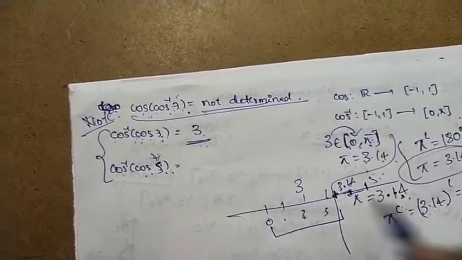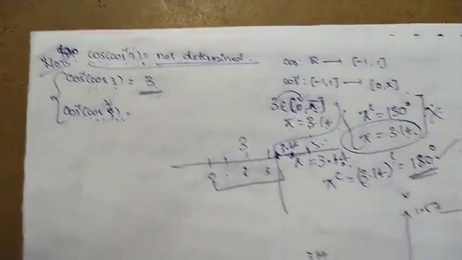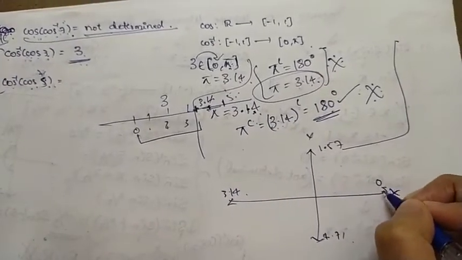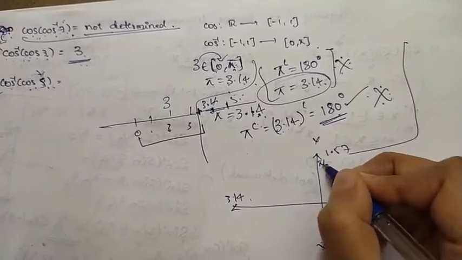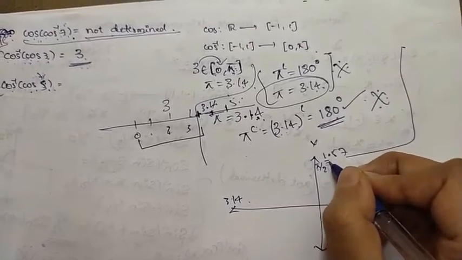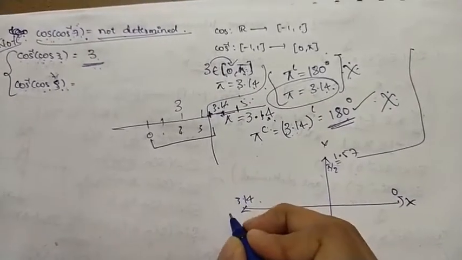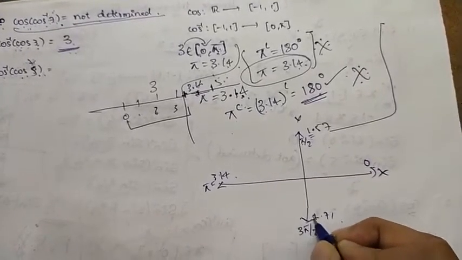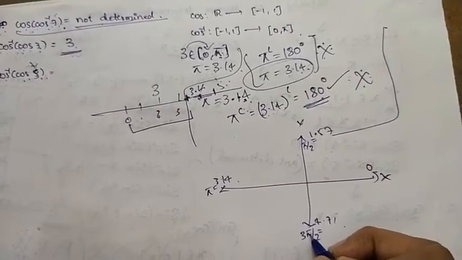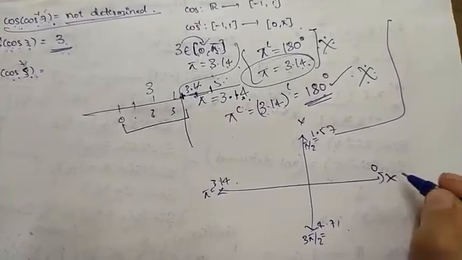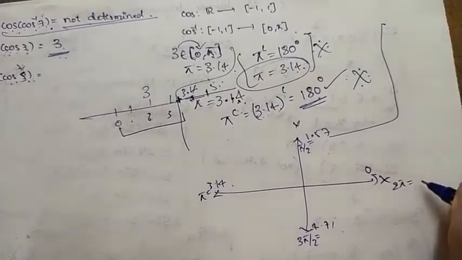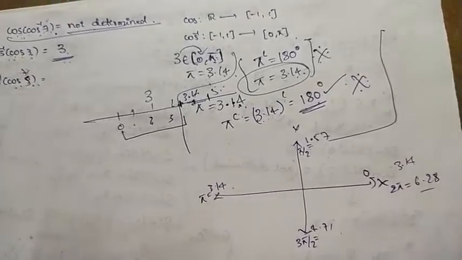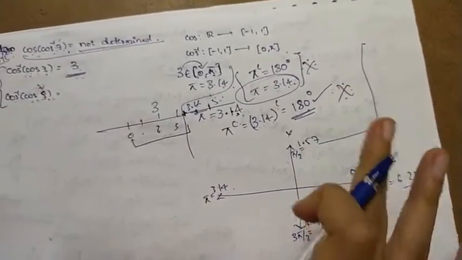So 0 to pi means, suppose I write the value of pi as 3.14, what will be our coordinates? This is our xy axis. Here it is 0, meaning angle 0. Here it is pi by 2, which if I take pi as 3.14 gives 1.57. Here it is pi, which is nothing but 3.14. Here it is 3 pi by 2, which is 4.71 if I take the value of pi as 3.14. Again coming here, it is 2 pi, which if I substitute pi as 3.14 becomes 6.28 something. So like this the values are going to come.